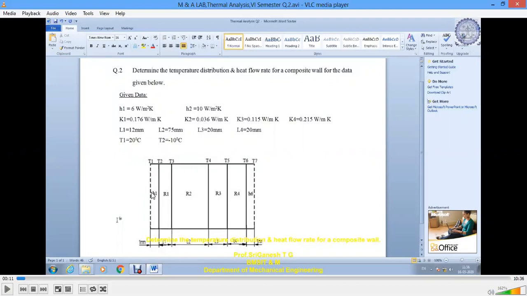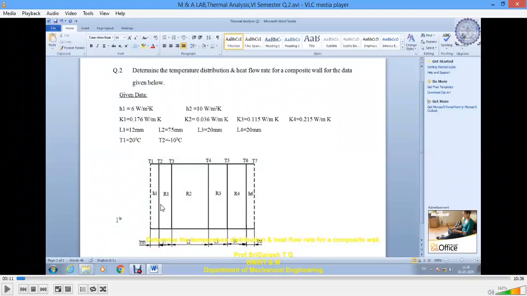So on both ends we have H1 and H6, and in between we have the four different layers of the composite wall having different thermal conductivity. The H1 value as per the given data is 6 watts per meter square Kelvin, and at the other end of the composite wall we have 10 watts per meter square Kelvin.